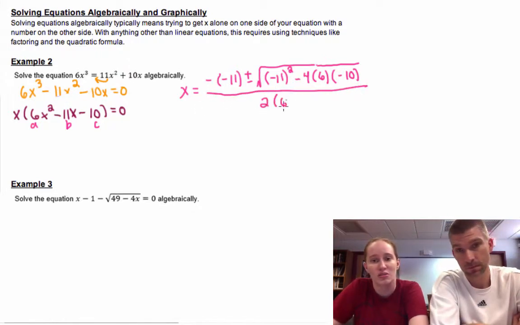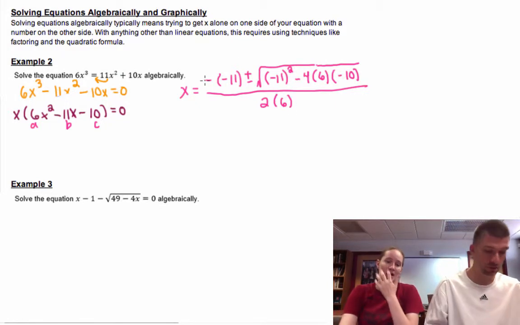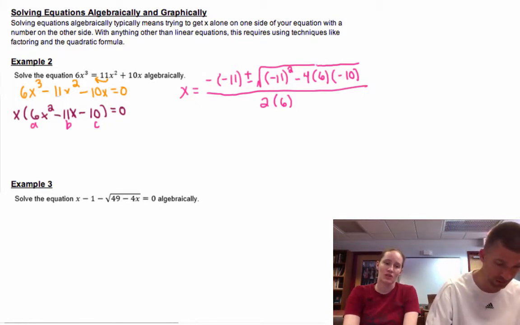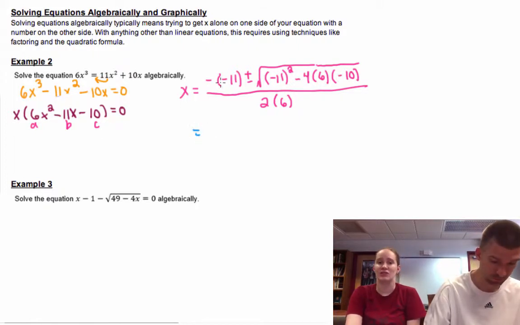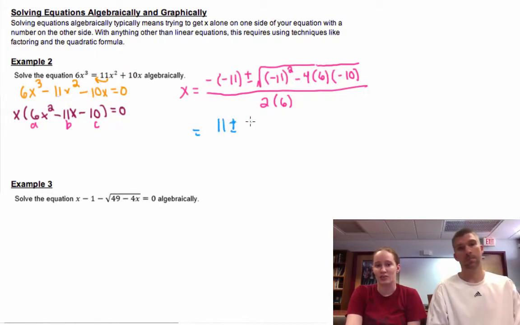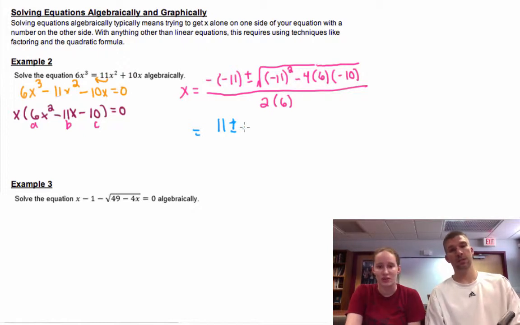You want to start pushing some buttons on your calculator? I'll button push. So while you're writing that down and explaining the process, the other thing that you'll see us say a lot in this class is to give us an exact answer. An exact answer is not a decimal. An exact answer would be something like 11 plus or minus the square root of 361